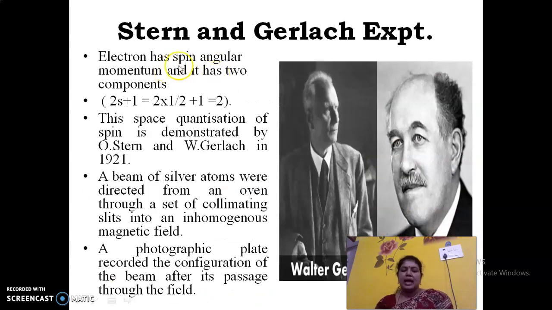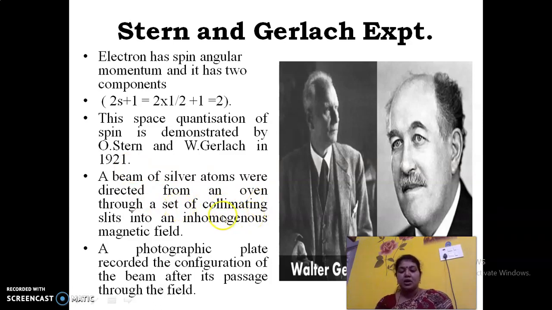Now this electron possessing spin angular momentum and having two possible orientations or components given by 2s plus 1, which is 2 into half plus 1, equal to 2, was demonstrated experimentally by an experiment called the Stern-Gerlach experiment. It was performed by the eminent scientists O. Stern and W. Gerlach in 1921, where a beam of silver atoms were directed from an oven through a set